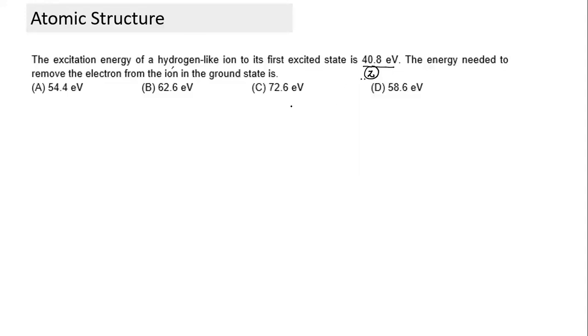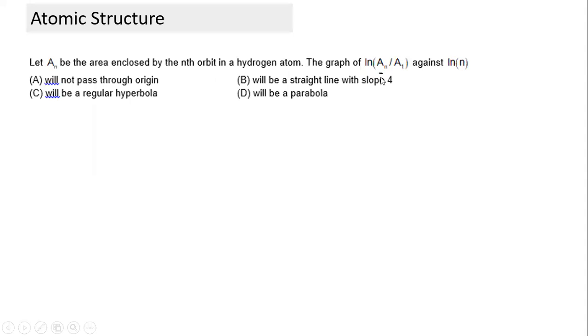It's easy to figure out the excitation energy to the first excited state. Excitation energy for a hydrogen atom to the first excited state is 10.2 eV. No doubt, Vignesh? So we can easily figure out Z has to be equal to 2. For Z equal to 2, everything becomes 4 times; for Z equal to 3, it becomes 9 times. Since this value is 4 times the minimum excitation required for hydrogen, it clearly indicates the Z value is 2.